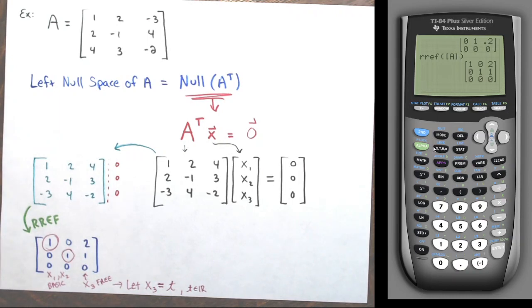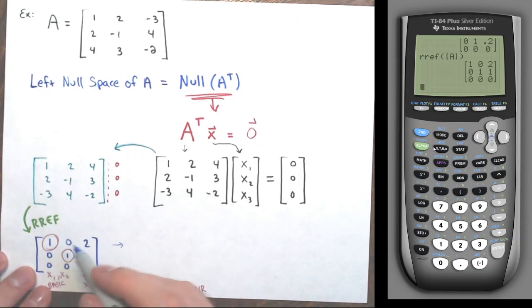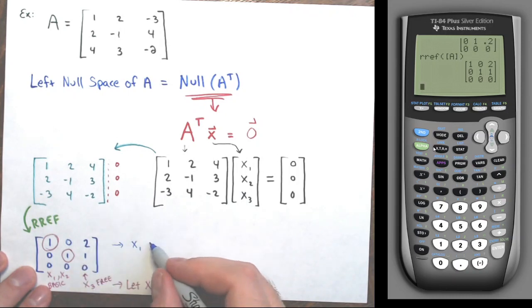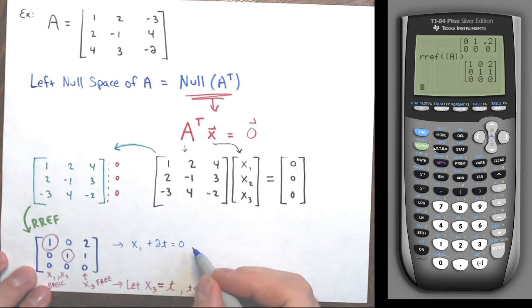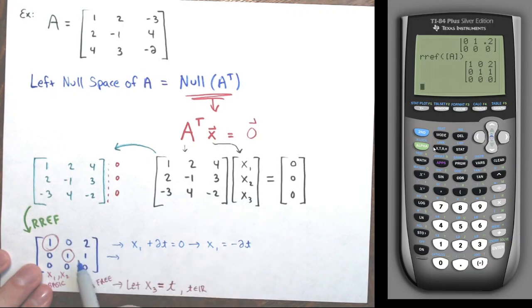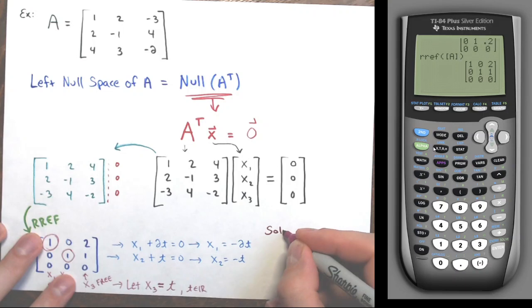All right, so from the first row, we'd be getting x1 plus 2x3, so plus 2t, equal to 0. And that would lead me to the fact that x1 must be equal to negative 2t. You're trying to get every variable in terms of the free variable t. The second row gives me the fact that x2 plus x3, so plus t, must be, again, equal 0. Imagine that's there. And so x2 must be equal to the opposite of t, negative t. And then x3 is t. So I have my solutions. So the solutions of this equation here,